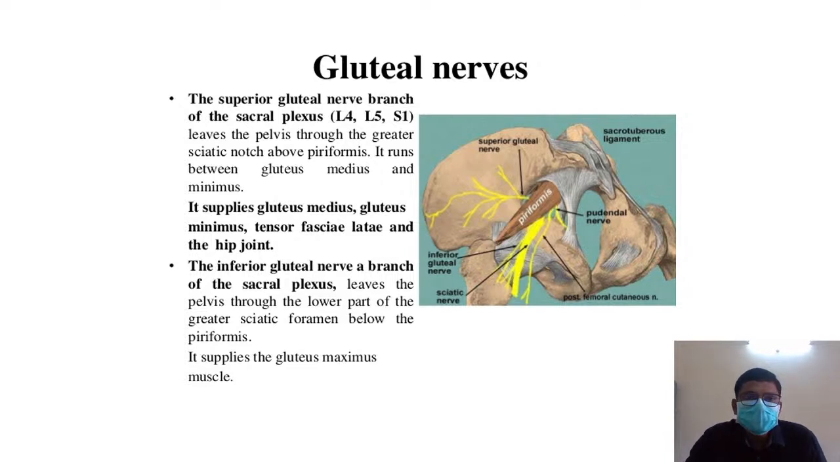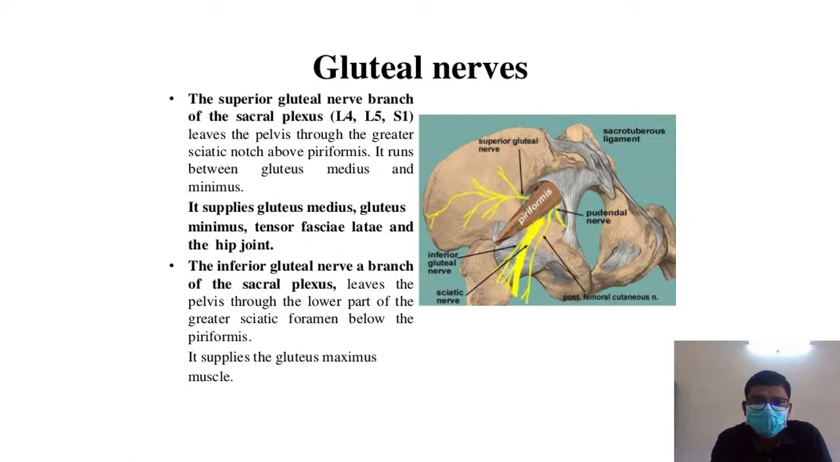The superior gluteal nerve is a branch of the sacral plexus with a root value of L4, L5 and S1. It leaves the pelvis through the greater sciatic foramen, or the notch above the piriformis. So you can see this is the piriformis muscle. This whole greater sciatic foramen is divided into two compartments with the help of the piriformis muscle. One is an upper compartment and one is a lower compartment. So this superior gluteal nerve is coming from the upper compartment,